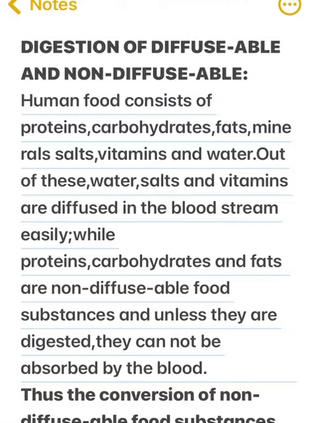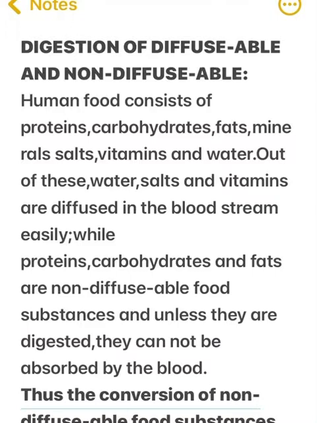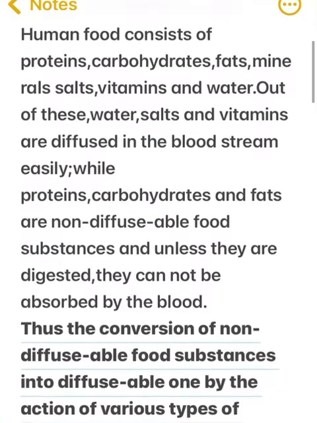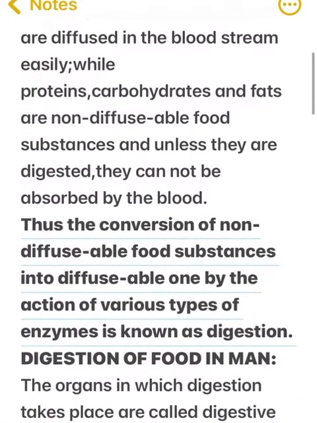Out of these, water, salts, and vitamins are diffused in the bloodstream easily, while proteins, carbohydrates, and fats are non-diffusible food substances, and unless they are digested, they cannot be absorbed by the blood. Thus, the conversion of non-diffusible food substances into diffusible ones by the action of various types of enzymes is known